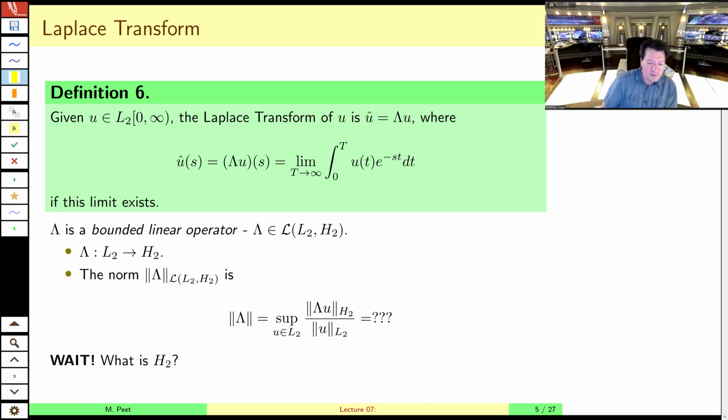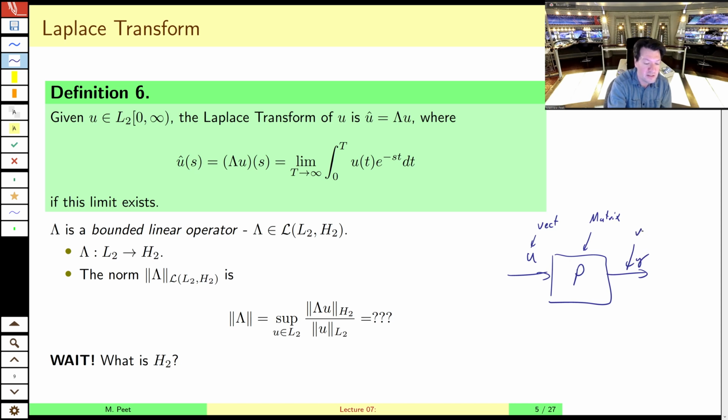So in part A of this lecture, we talked about structure on the systems, and we talked about structure on the system signals. When we do our block diagram, we talked about U as a vector, the system as a matrix, or the generalization of a matrix, and that maps from a vector to another vector, which we'll call y. That's another vector. And that we have now a vector space of signals equipped with mostly an inner product space, which we'll usually consider,